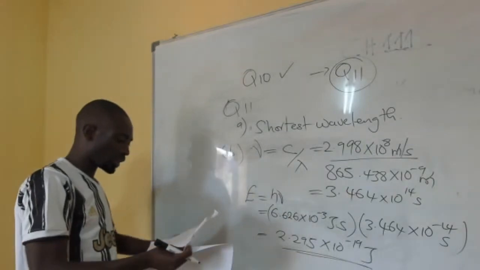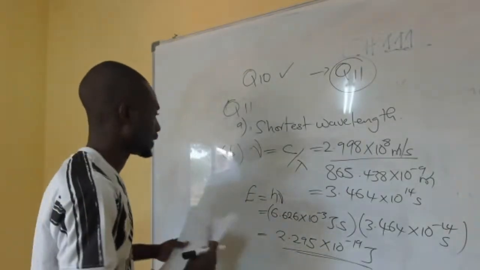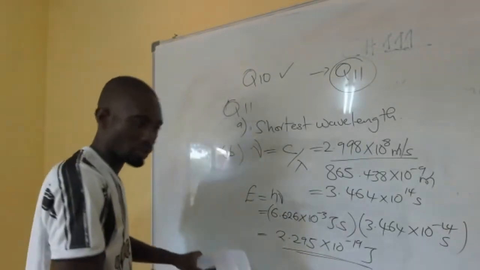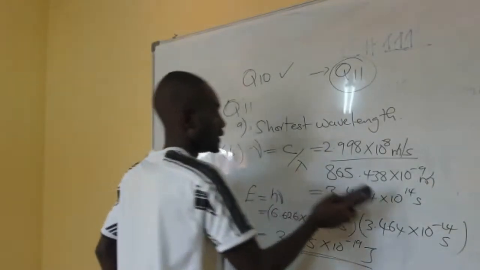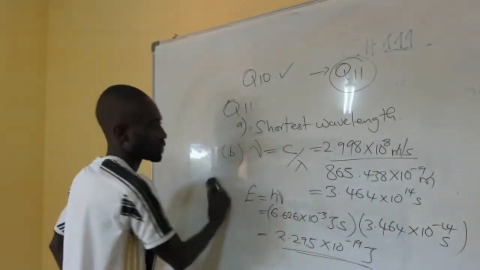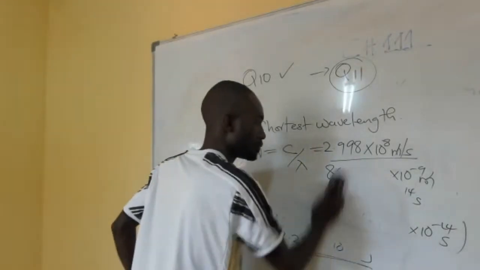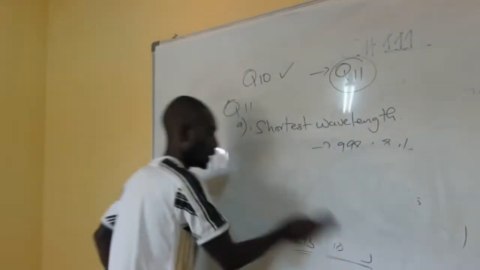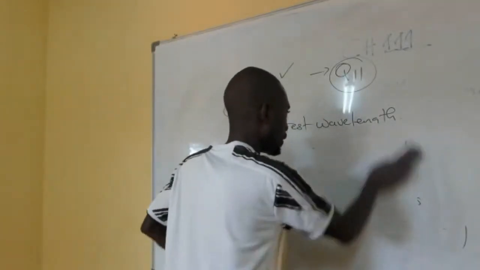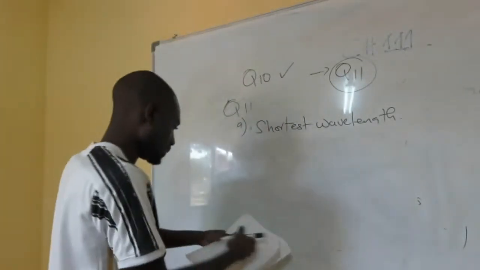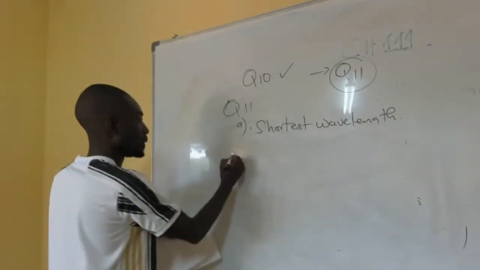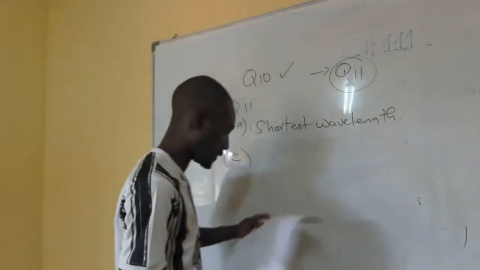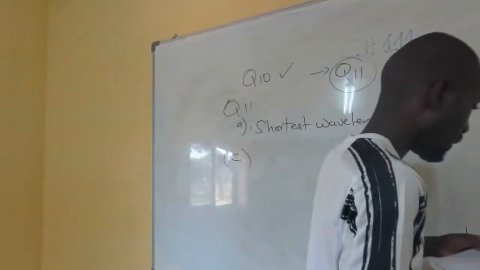So this is straightforward. Let's look at C. Let me just erase here so that we look at C. So we have solved B. Now let's look at C. So all this is very easy. What are they asking on C? They're saying